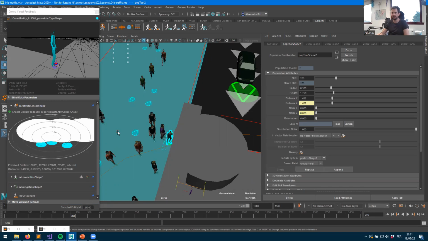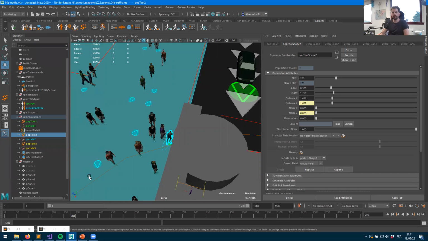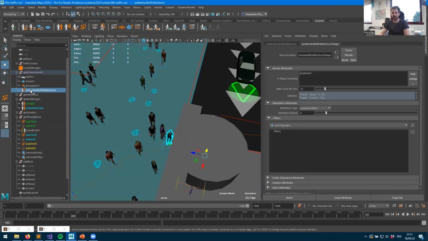I just want them to, well, maybe do I? No, I don't want them to take into account the other characters. So if I want to filter what's going on, what I can do is go back into my sensor, which I've attached to my cylinder. It's called the Pedestrian External Entity Sensor, and it's located in the GLM environments